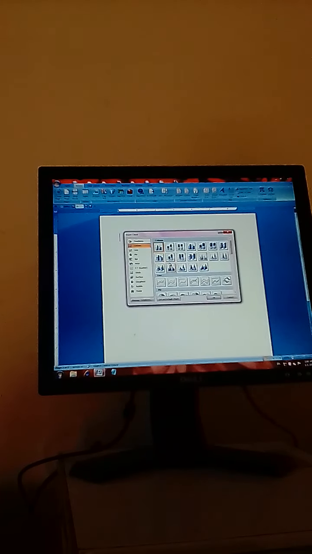You will have to choose the style of the chart that you want to insert in your document and click on OK. Your selected chart will be inserted in your document.